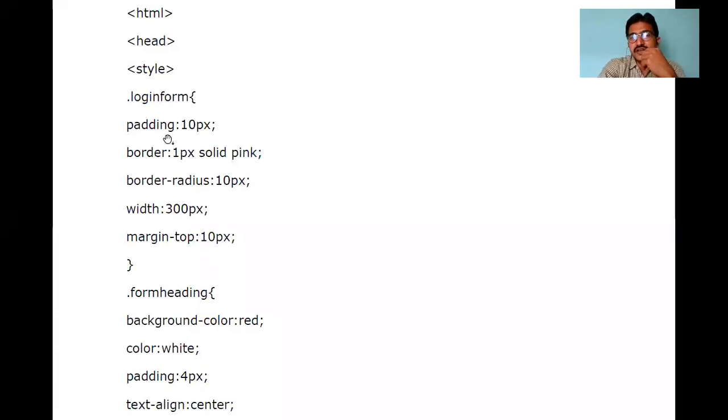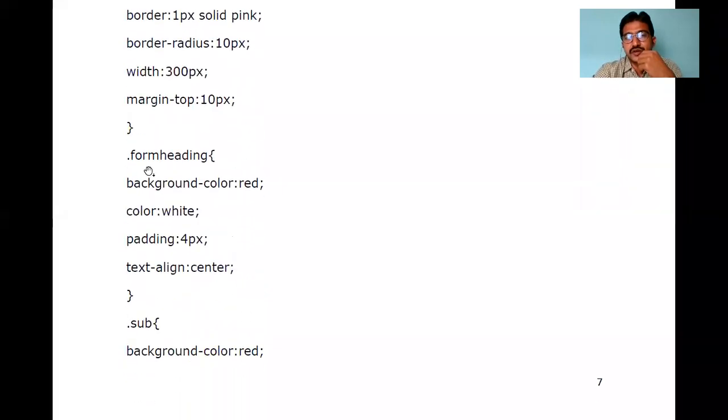Each declaration, I have already discussed many times, ends with a semicolon, like declarations in Java and other programming languages. So here padding colon 10 pixels. In this declaration we have the attribute followed by the value, separated by a colon.